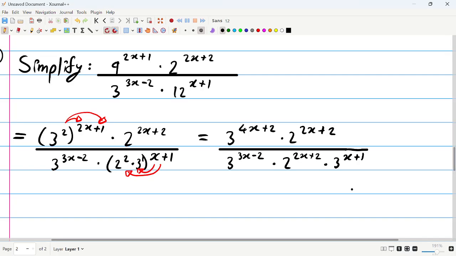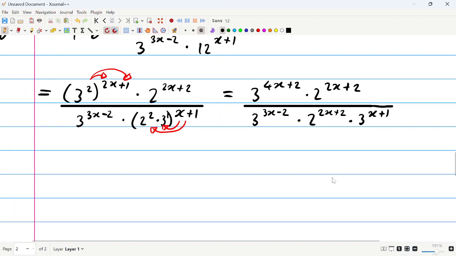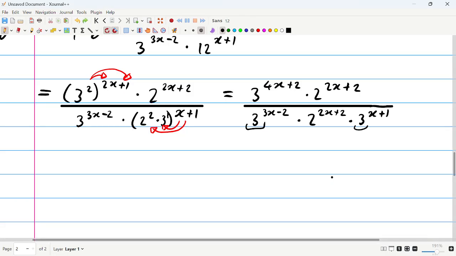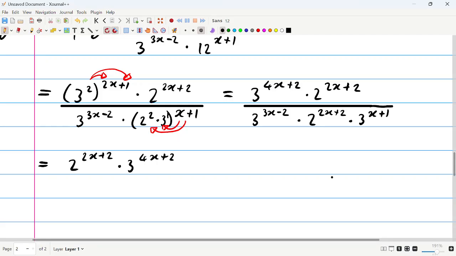And now I am going to do the following, right? Notice that we have similar bases within the denominator, meaning we can take those two bases and we can use exponent laws of addition. So I'm going to actually take the ascending order of bases, so you're going to see it like this. So in the numerator, let's start with the 2. So it's just going to be 2 raised to the power of 2x plus 2 multiplied by 3 to the power of 4x plus 2. Okay, and this is all divided by,